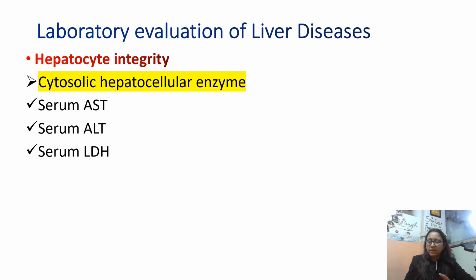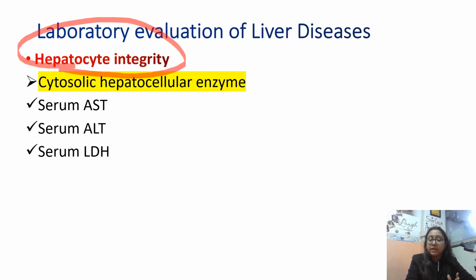So in my subsequent lectures, what I'll be doing is I'll take individual entity disease from the liver, and at the end of my sessions I'll take liver function test in detail. But now I'm just giving you the basic insight into which all are the tests we do for the liver disease and what is the significance of those tests. So see, जब भी हम लिवर पढ़ रहे हैं या फिर कोई लिवर की डिजीज होती है, वो बहुत सारे रीजंस की वजह से हो सकती है.